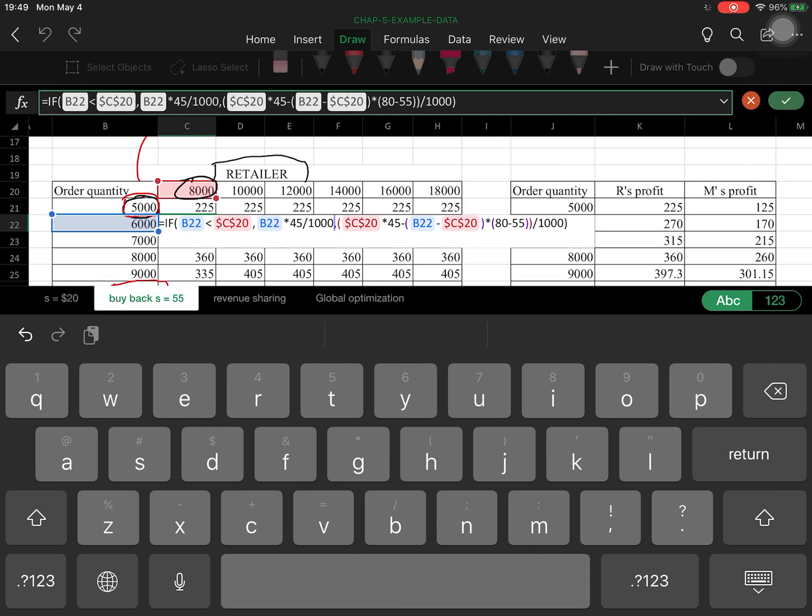And if the order quantity is larger than the real demand, the profit of retailer will equal to the number they can sell, that is the real demand multiplied by marginal profit, and minus the loss. The loss is equal to the extra products, right? That is the order quantity minus the real demand, multiplied by marginal loss, and we can calculate the profit of retailer in the case the order quantity is larger than the demand. Okay,